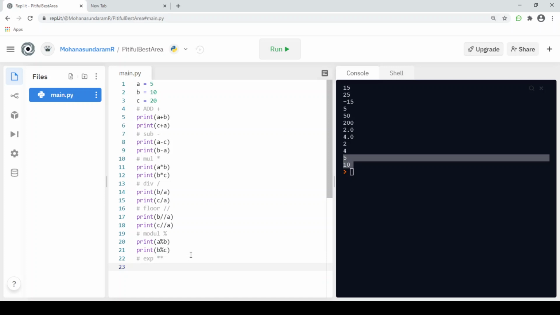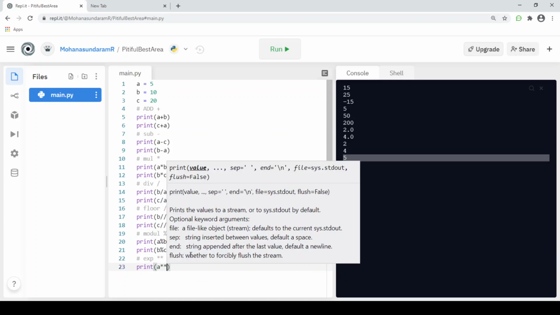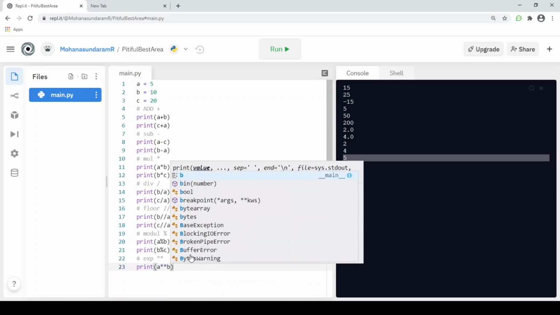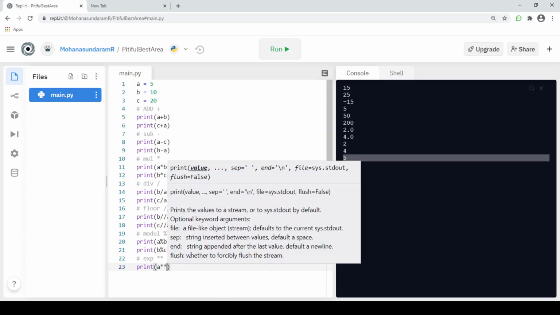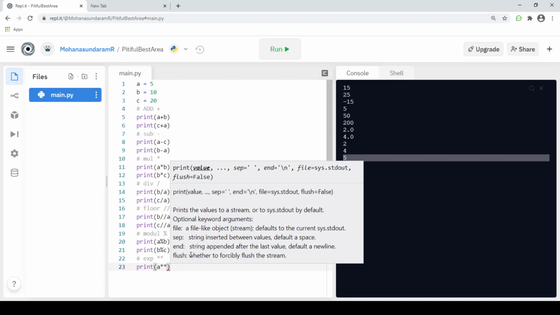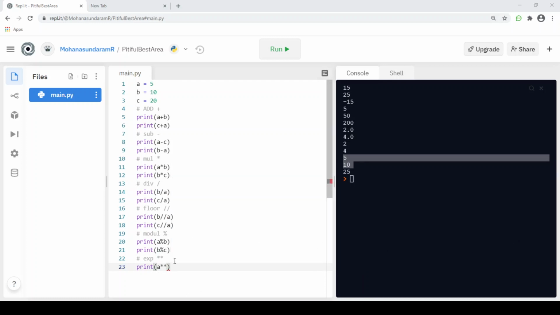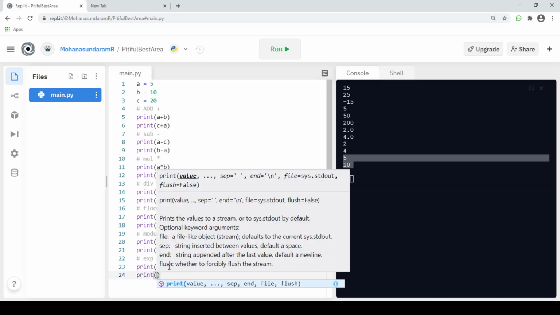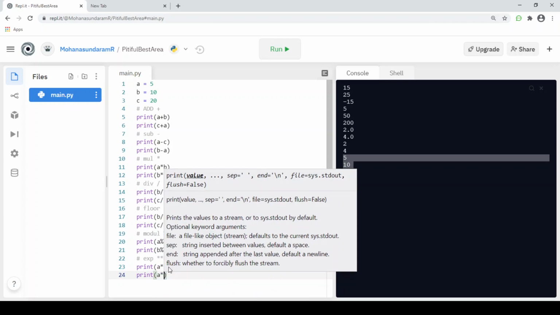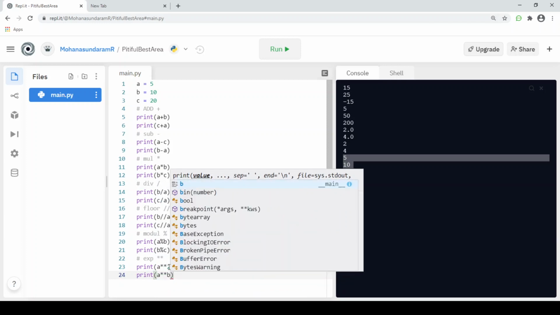For example, I'm going to print A double star 2, I'm just using a double star. A exponent of 2 is nothing but A to the power of 2, A square, like that. And we can also print A to the power of B, like that.